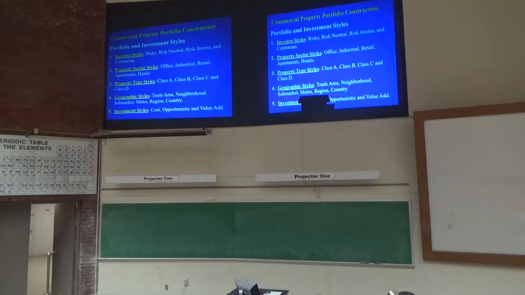within those areas that you recommend based off of your market research. So what are the strategies? Well, one could be risk-seeking, risk neutral, risk averse, or contrarian. These are the investor styles. Some investors just want return. They're risk neutral. We don't care about the risk, go into the worst markets, buy at pennies on the pound, do an opportunistic or value-add strategy, reposition the property and get out as quick as possible. Okay, that could be one strategy.